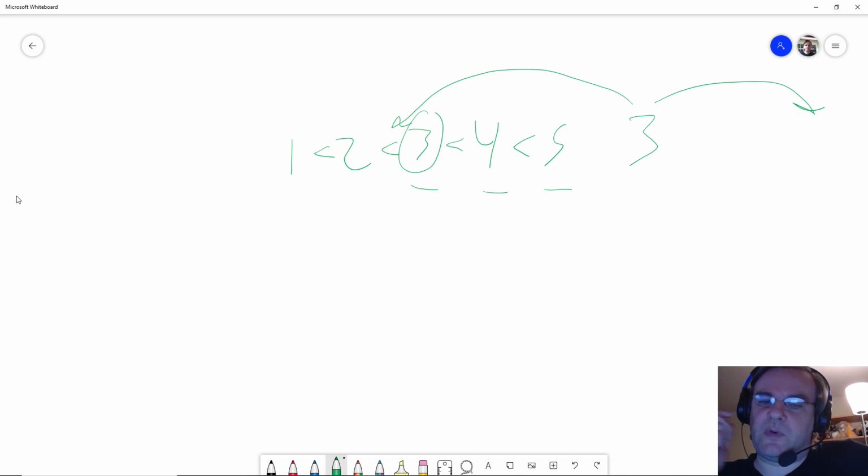We know exactly which elements are in that set. And we know it's smaller than this one, and that's all we know. And it's going to be smaller than that one.